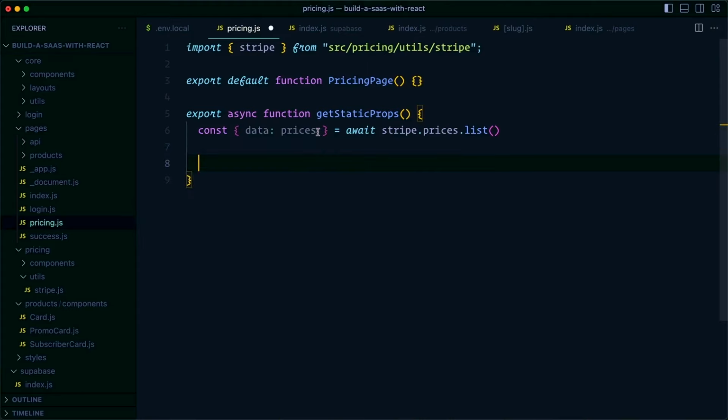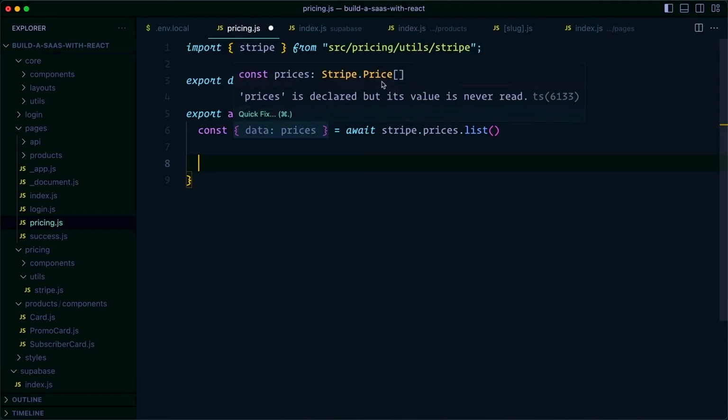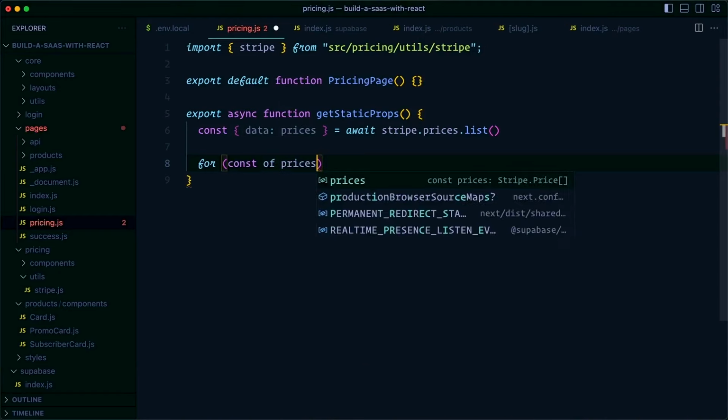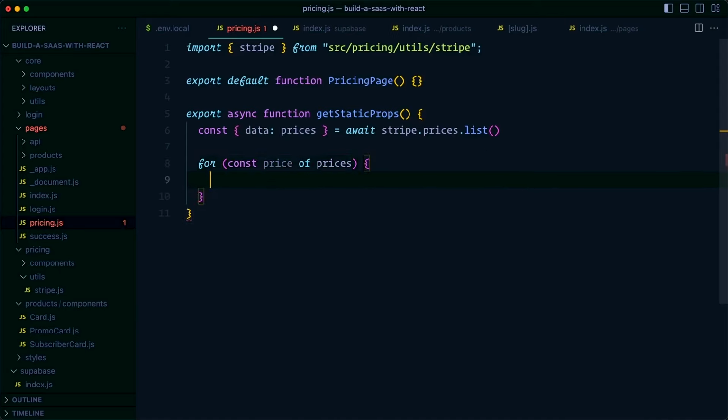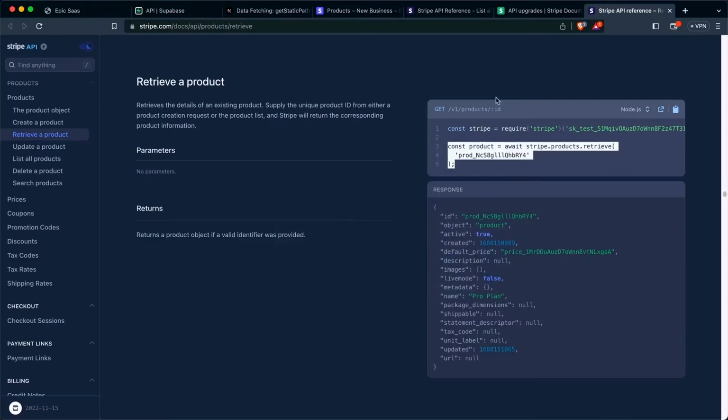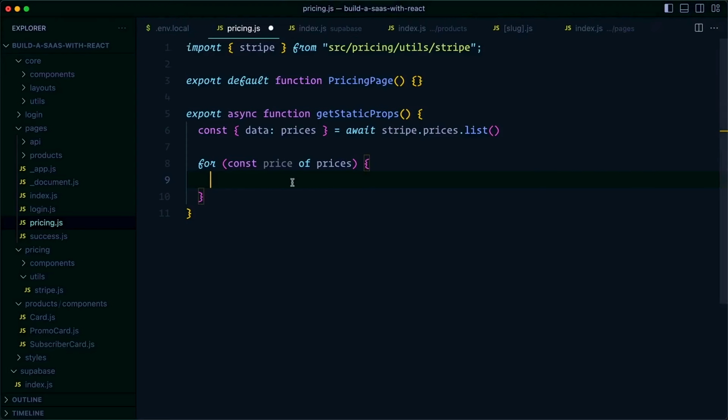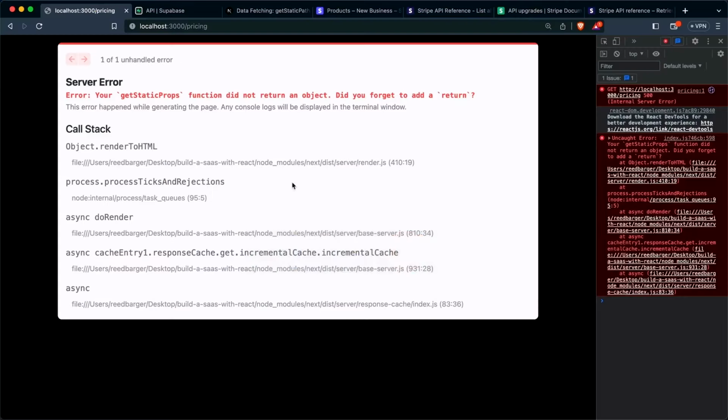And what's important about this is the fact that this is an array. So we can see we get back an array of prices as you would expect. So we want to iterate over it by saying for const price of prices. The reason why we want to use a for of loop is because this returns a promise. It's much easier to resolve a promise within a for of loop as compared to doing so using the map function, for example. So here we can await